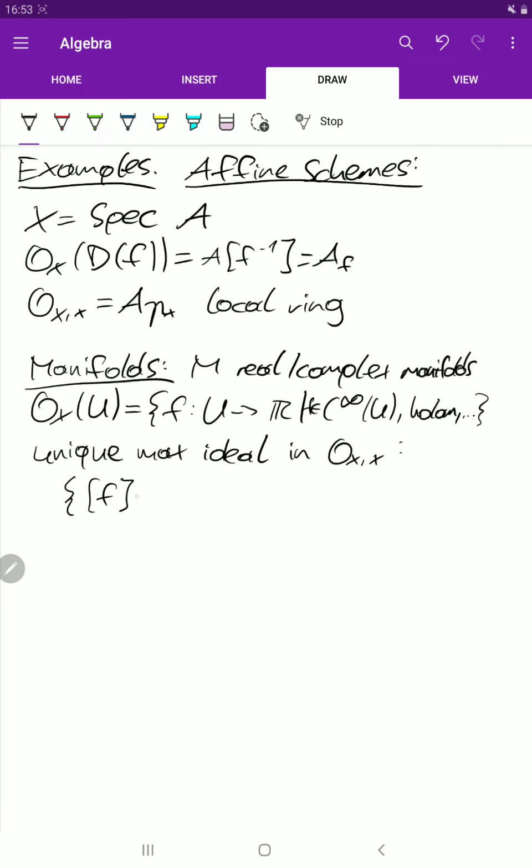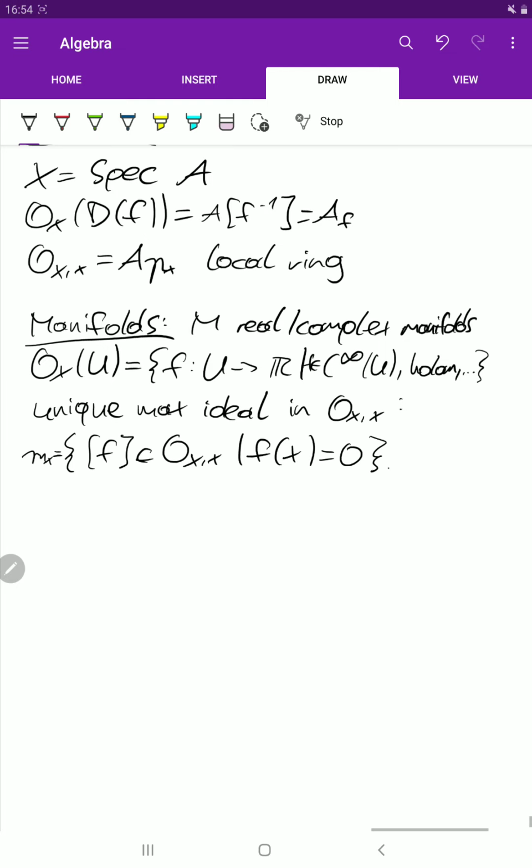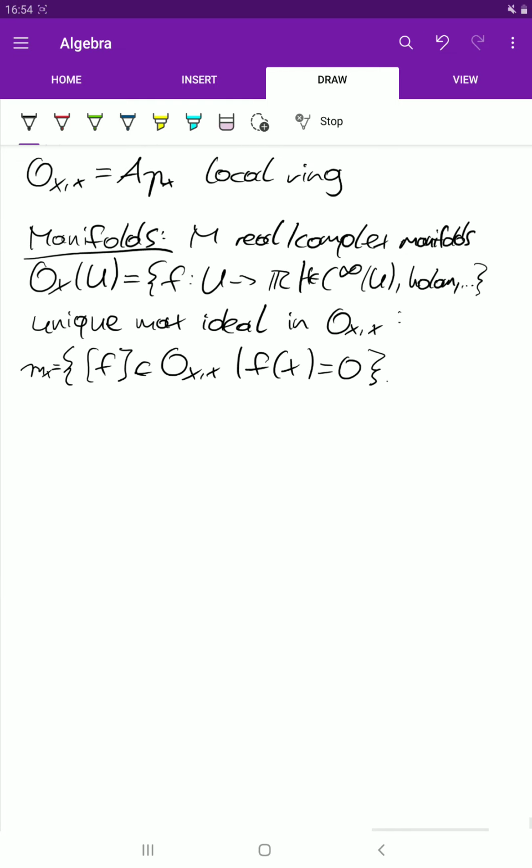Let's take some equivalence class in the stalk, and we pick the ones which are 0 at the point. And you can check that this is independent of the choice of the representative f of this class, and also that it's the unique maximal ideal. I won't do this here, but it's not that hard to show it.